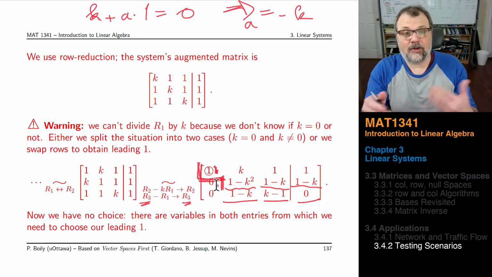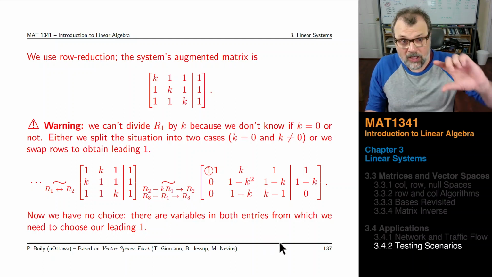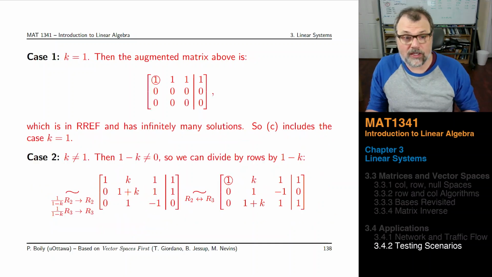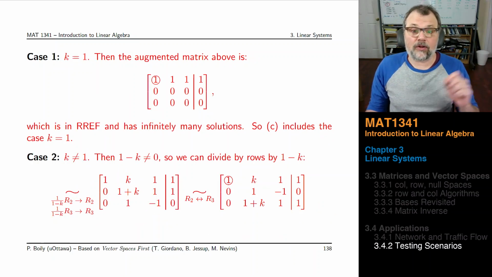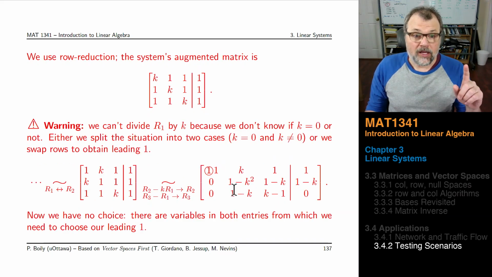Then I need to know what I'm going to do for the next little bit, and I have no choice, right? You've got variables in both of your entries, from which one of these has to be a leading one, so I can't just go and swap rows anymore. I'm going to have to consider the possibilities. If k is equal to 1,